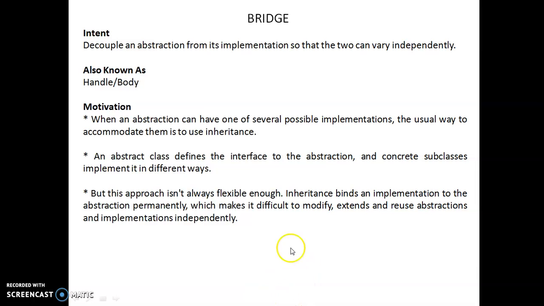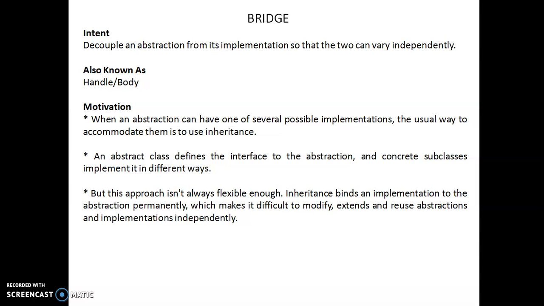That is the motivation, and we have an abstraction and a concrete class. What is this abstraction? An abstract class is just a class wherein the method will be defined, and in the concrete classes the methods will be implemented, or the method body will be written, whatever the task is to be done. But at this point, this approach will not always be helpful, and it needs some different approach for solving that problem.